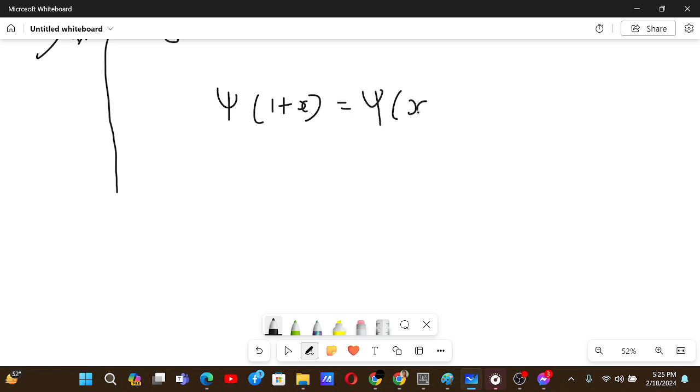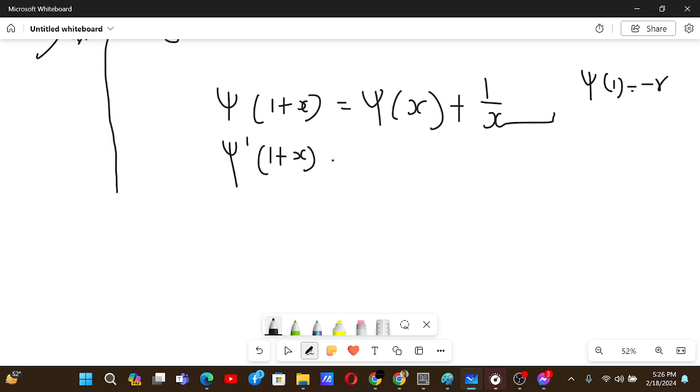Digamma of 1 plus x equals digamma of x plus 1 by x. And digamma of 1 is basically the Euler-Mascheroni constant. And similarly, we have the trigamma function, which is the derivative of the digamma function. So that's why we have trigamma function of 1 plus x equals trigamma function of x minus 1 by x